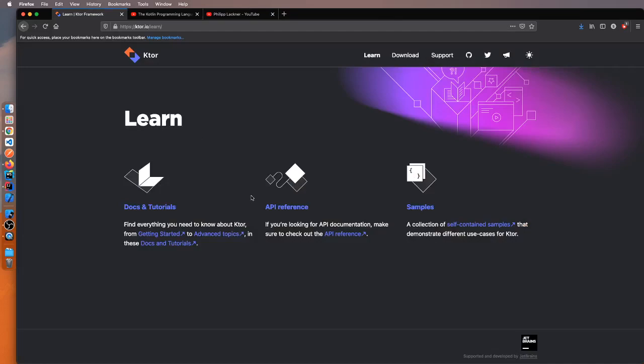Now let's come back to Ktor. In this series, we will learn how to create REST APIs. We will only be learning about REST APIs right now. We won't learn about web applications or web sockets. In the future, I will cover web sockets, but there is very little chance that I will cover web applications